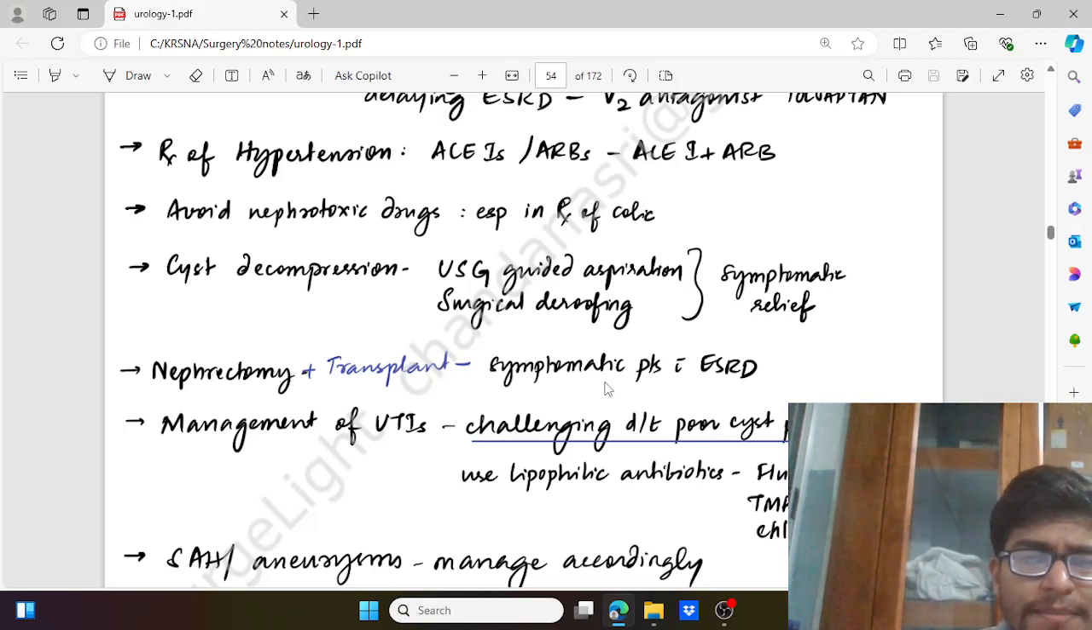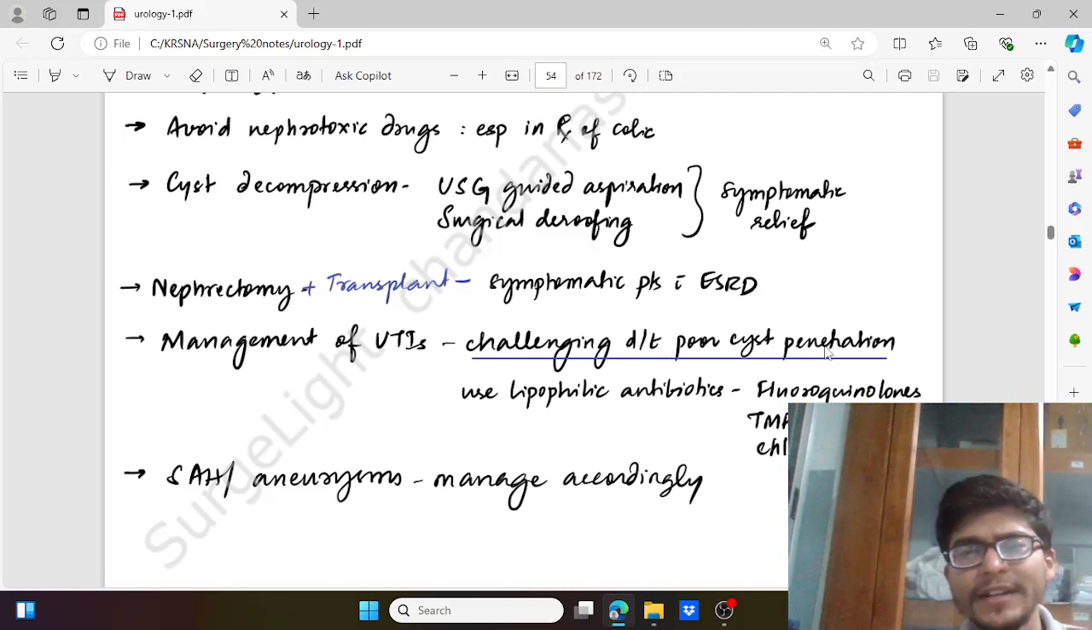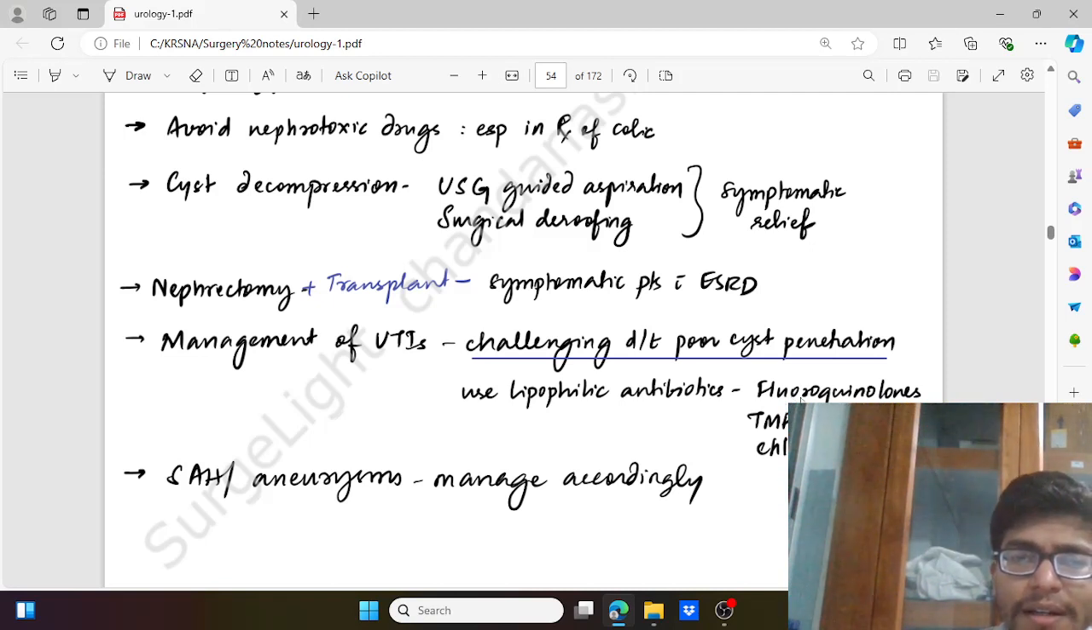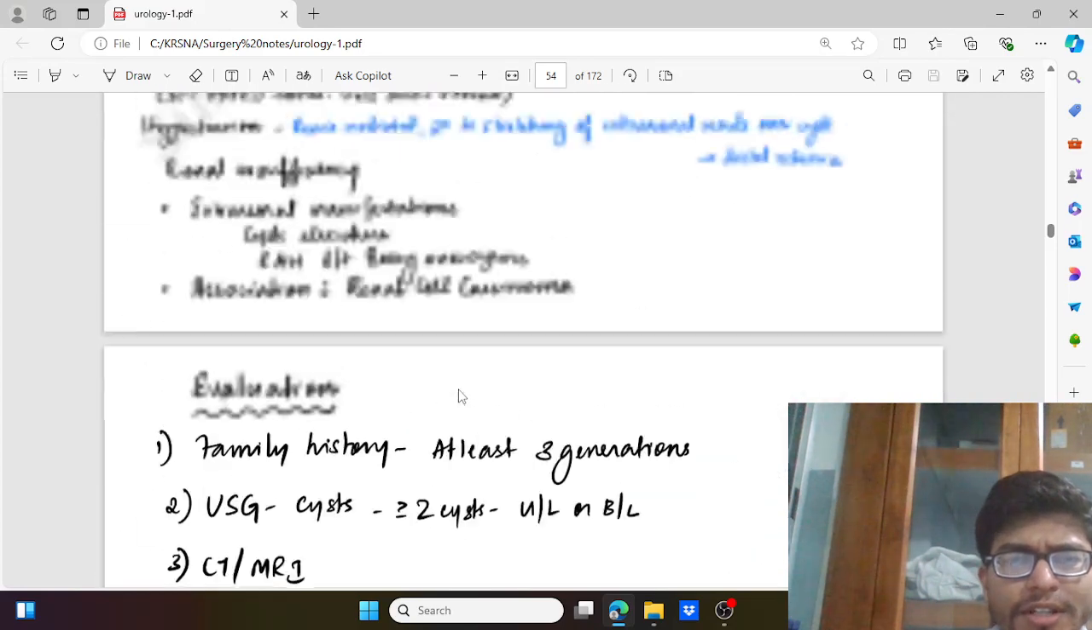Nephrectomy with transplant in patients with ESRD, end stage renal disease, and UTI management, which could be challenging. The reason behind it is poor cyst penetration of the antibiotics. So for that we can use lipophilic antibiotics, which are the fluoroquinolones like ciprofloxacin, moxifloxacin, levofloxacin, others like trimethoprim sulfamethoxazole and chloramphenicol, and treatment of the other associated conditions, like Berry aneurysm, etc. accordingly. So this was all about